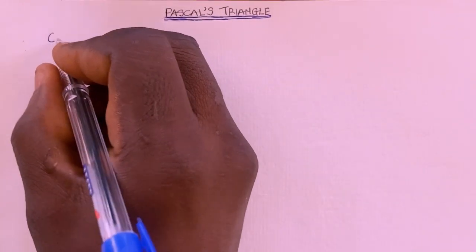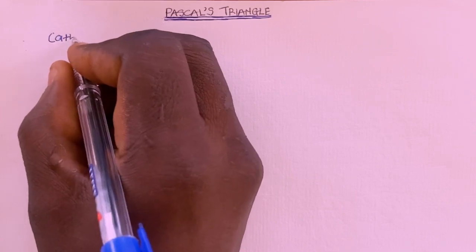Hi friends, in this video I'm going to show you how Pascal's triangle was derived. It was derived from two expressions: a binomial expression and the coefficients of each term present in the binomial expression. Now suppose you are given the expression (a + b) all raised to